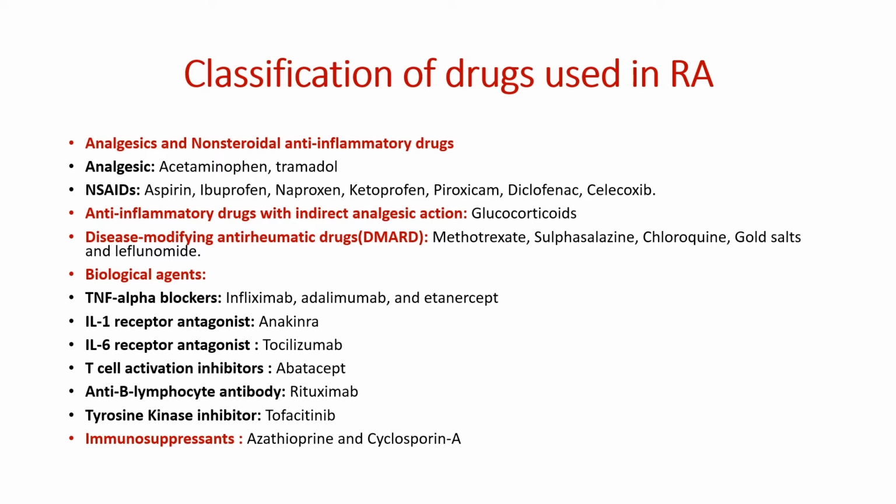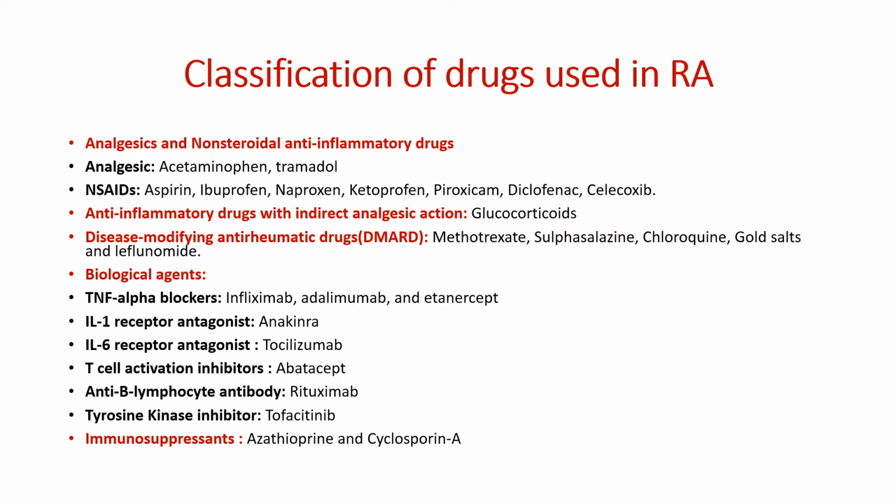The frequency of NSAID-induced ulcer can be reduced with concomitant use of a PPI, proton pump inhibitor, or misoprostol. Along with NSAIDs in the treatment of rheumatoid arthritis, we can prescribe a proton pump inhibitor or misoprostol. The COX-2 inhibitor, that is celecoxib, seems to have a better safety profile compared to other NSAIDs.